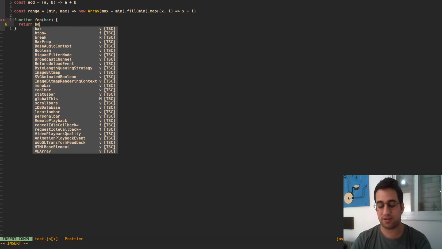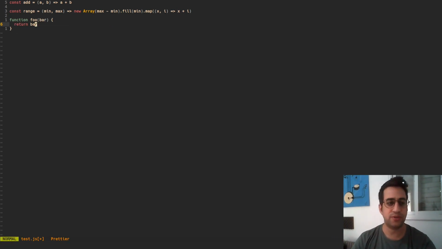Okay, so return like this. Cool. So what else? Relative line numbers. This is incredibly efficient. So this is way better than absolute line numbers, and I really don't understand why this is not